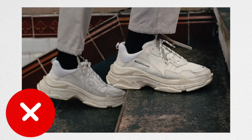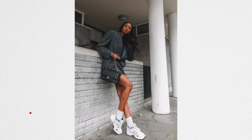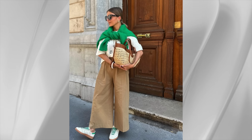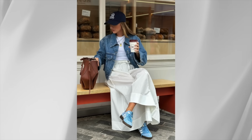I will link the Tokyos below. They're actually really comfortable. I can say that for a fact now, or at least comfortable for me. Now, what is out is wearing those big clunky dad sneakers with anything except for gym clothes. That became a trend a while back. It was big dad sneakers with trouser pants or something. Now we're just back to the more normal sneakers. Even just a New Balance is fine with these trouser pants and everything,